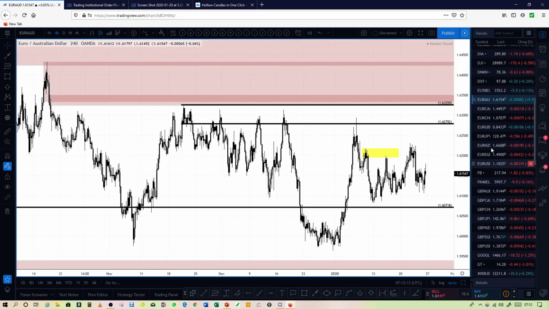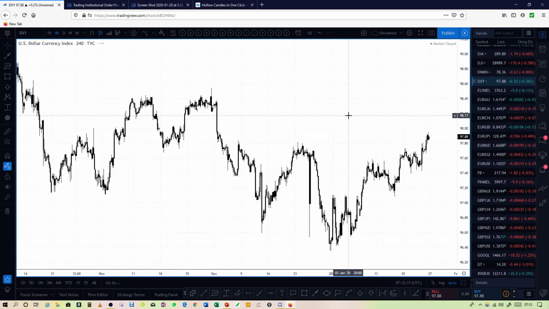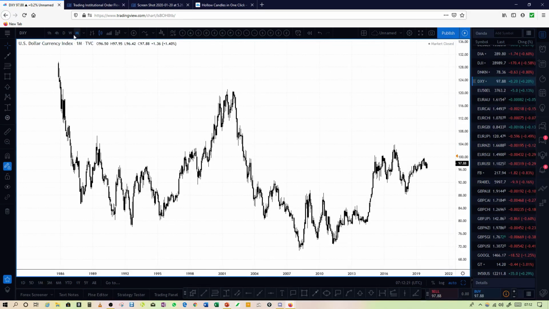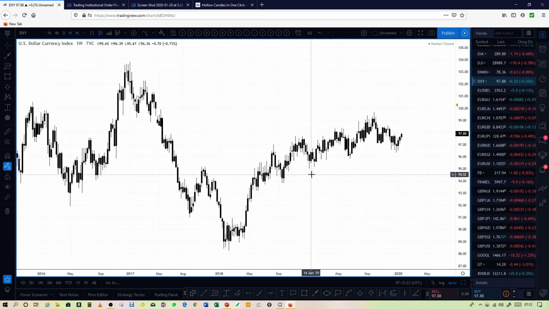So let's take a look at the US dollar. Let's see what the US dollar is doing, and we can start with the big picture charts. Even if we look at the monthly, not much there. Let's take a look at the weekly a bit more closely. So again, we still have a market that is going to new lows. It's beginning to test that uptrend.